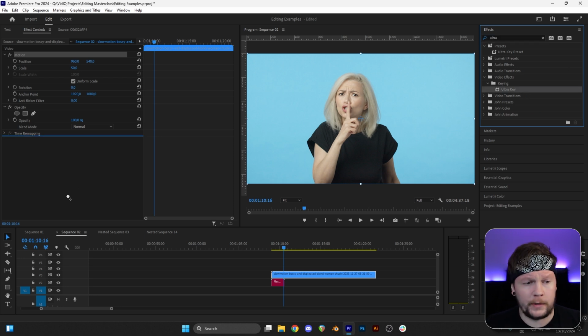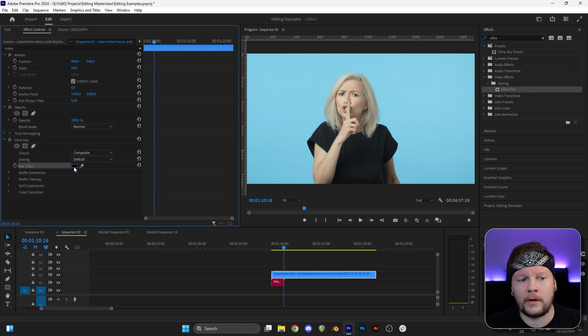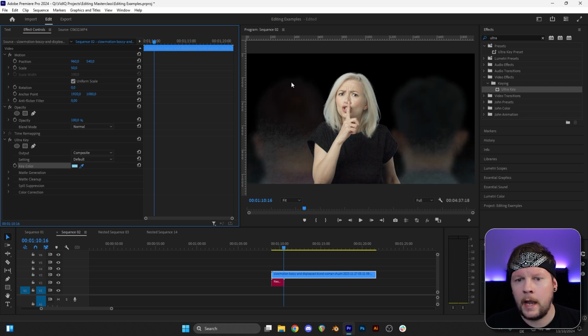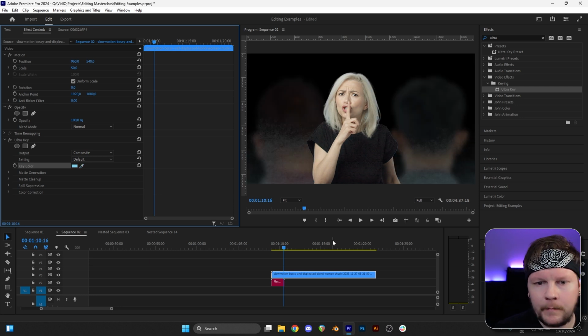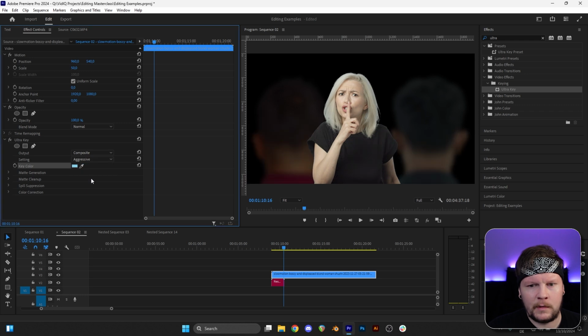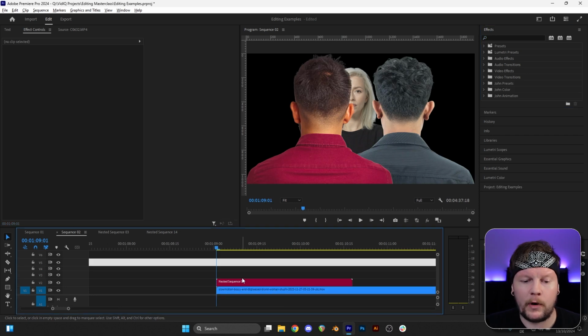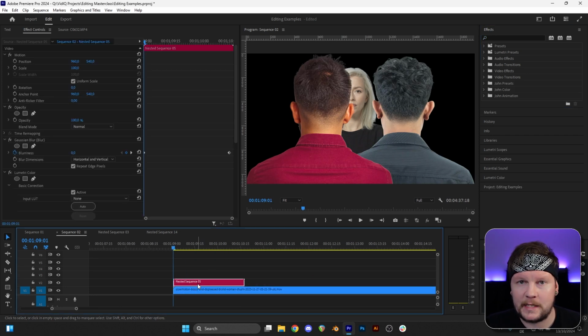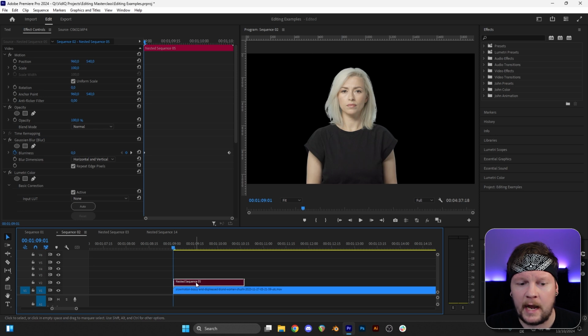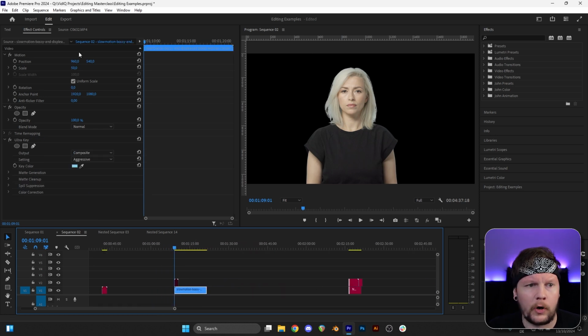I just type Ultra, drag it in, and then the key color, I'm just going to select this blue, and bam, she's gone. Okay. Actually, there's a bunch of noise down here. I'm going to set it to aggressive, and that should do it. Okay, cool. Now, she's in front of the guys. That's a problem. We need her in the background. Now, they're all clear right now, and that kind of ruins the depth effect, but we will fix that here in a minute. Let me just go ahead and hide these guys,